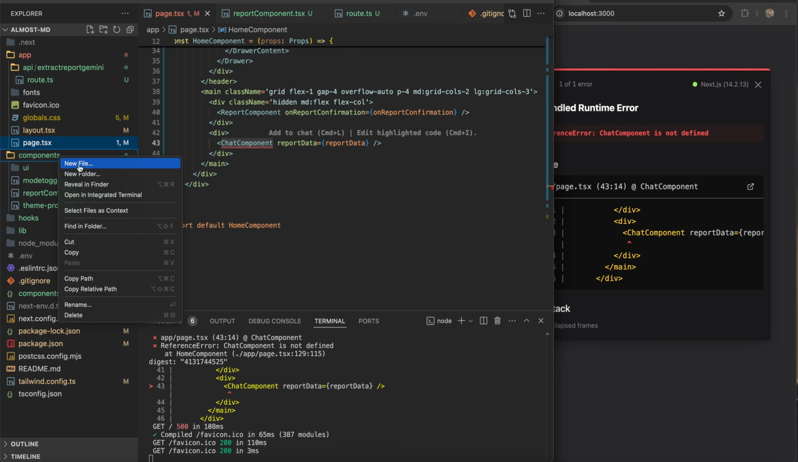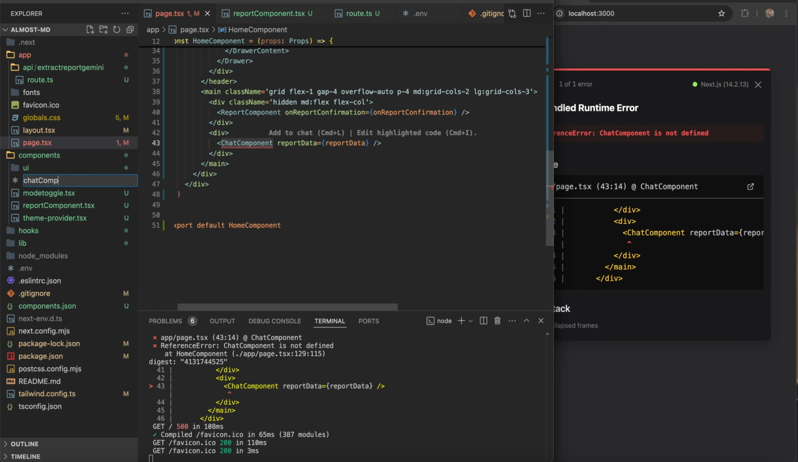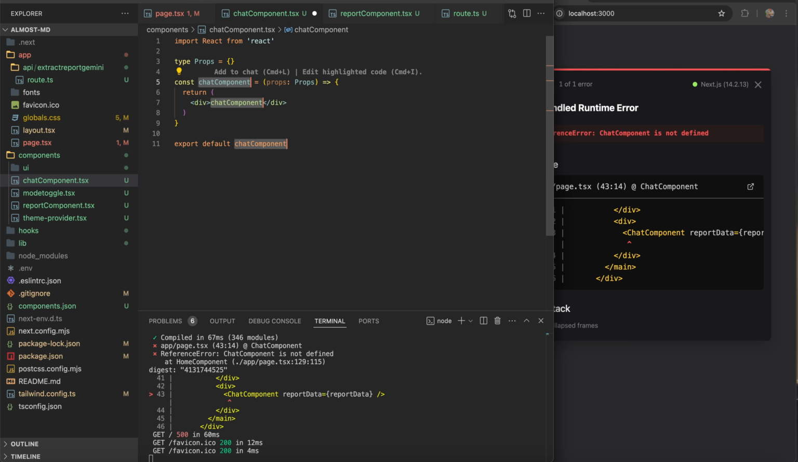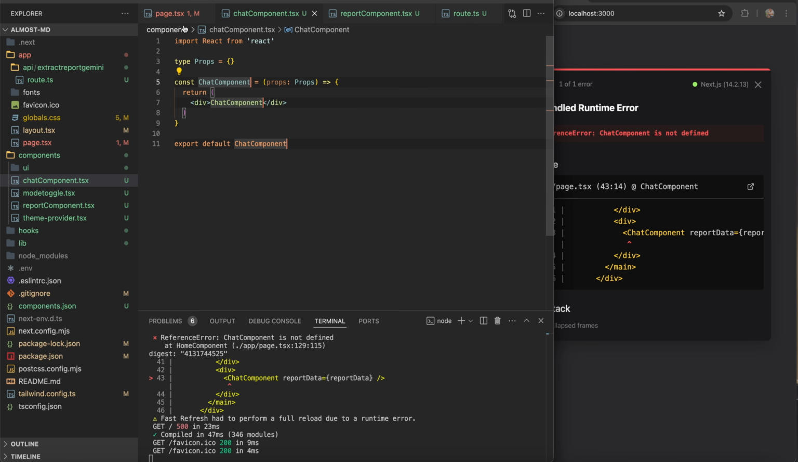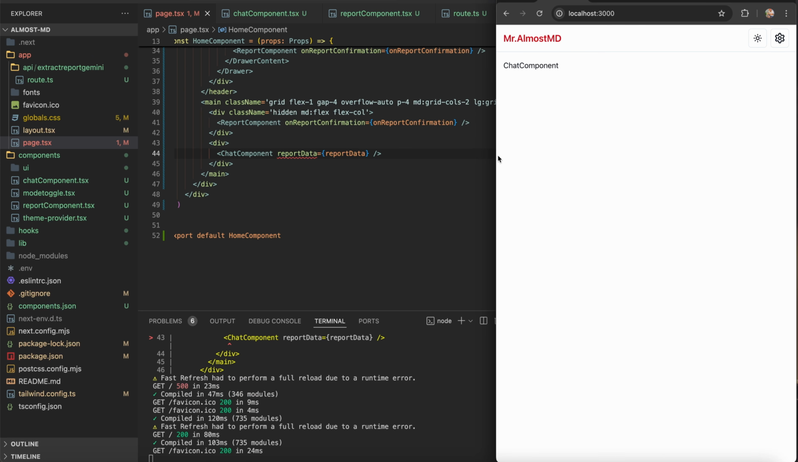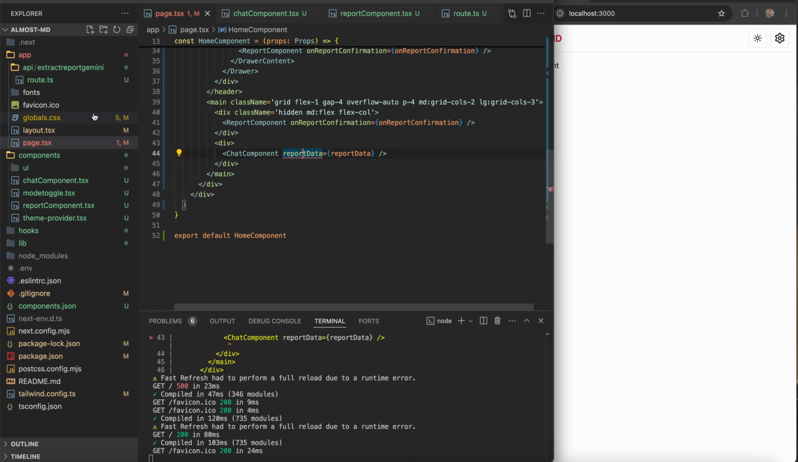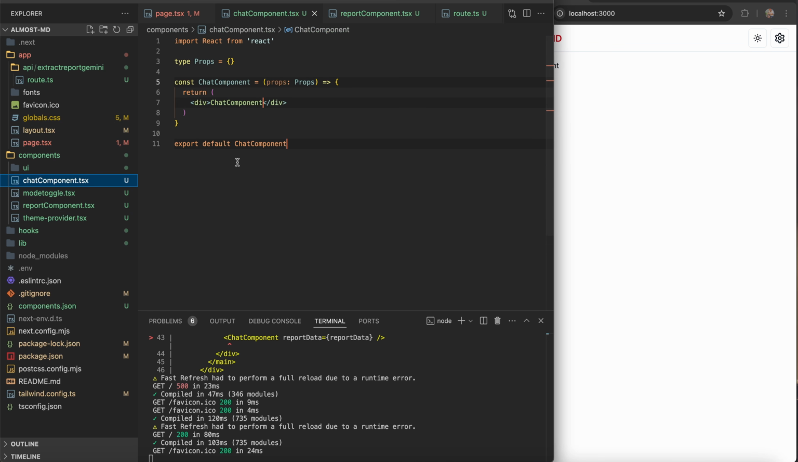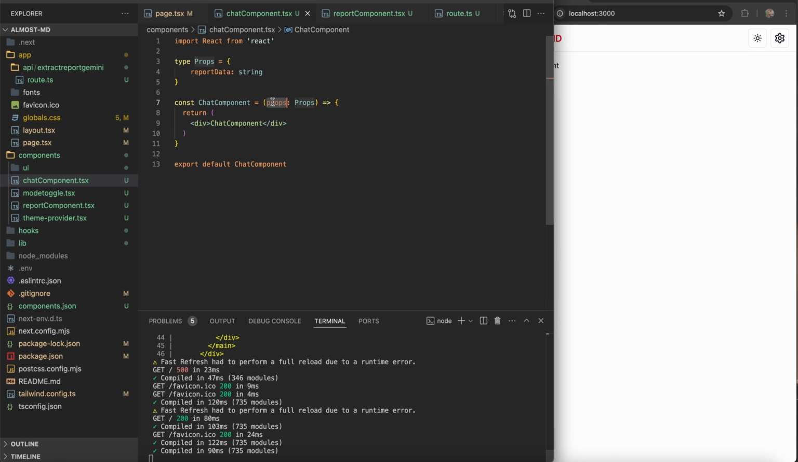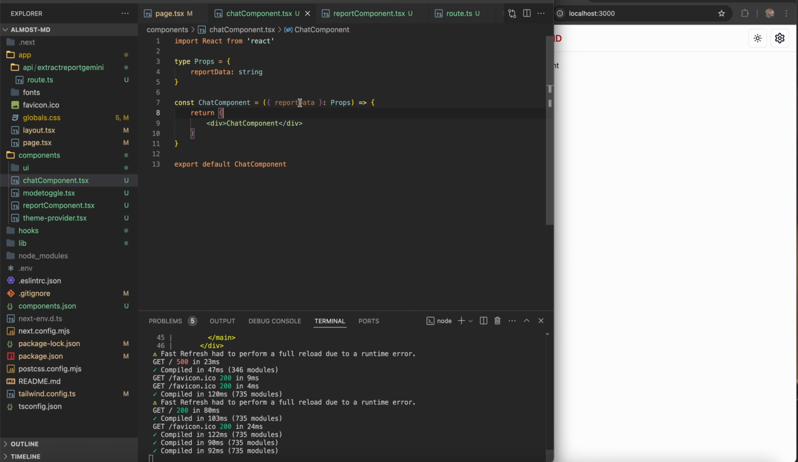Inside the components directory, I'll create a new file, chat component.tsx. I'll use the tsrafce and rename it as chat component. If you save it, and then I'll go ahead and add an import statement for that. We can see that we have our chat component. Now we'll go ahead and add this property. So in the chat component here, I'll write report data. This is going to be of type string, and I'll destructure it here so that we can use this property